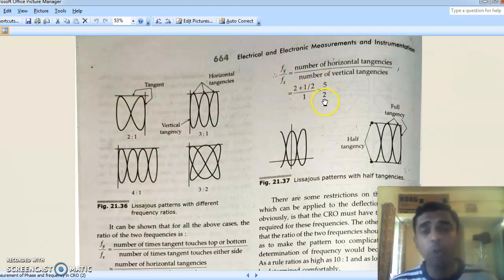So this is how, in a very simple case, we measure the frequency. Go through the materials properly and read the cases for measurement of phase, to get an idea. Okay, if we keep the amplitude constant, and if we keep the frequency constant, and if you vary the frequency, we get a pattern from a straight line to